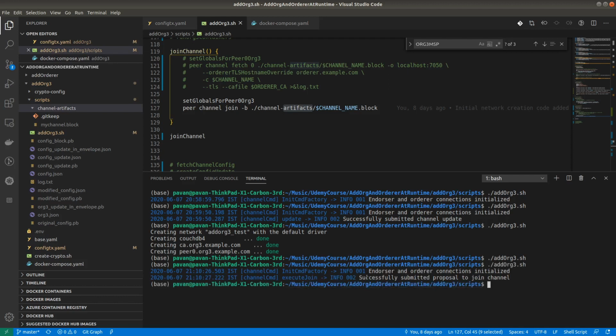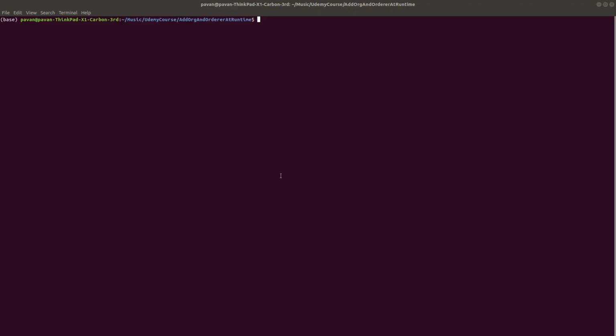Yeah, you can see here on the command line, successfully submitted proposal to the join channel. Now what we will do, we'll go inside the container of the peer 0 org 3 and see if that peer has joined the channel or not. Docker exec -it peer 0 org 3. So before some time we have already checked this peer did not join the channel, but right now we